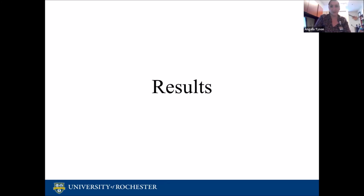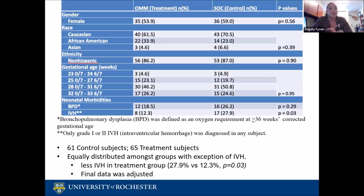Results. Getting to the cool stuff now. So this just shows you differences amongst the 2 groups. As you can see, everything needed to be balanced around these parameters. And there were some neonatal morbidities that we looked at. And we're not really quite sure if these are confounders where the groups were imbalanced, or that the things that